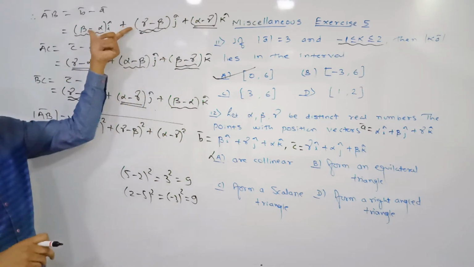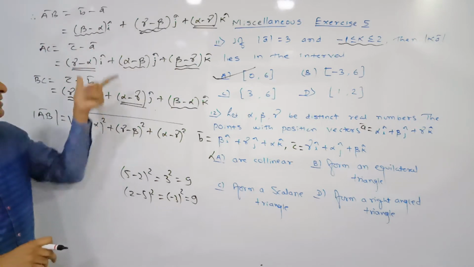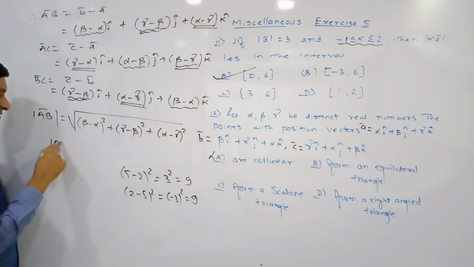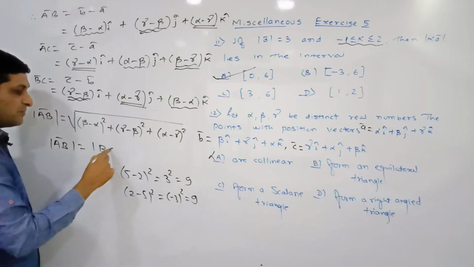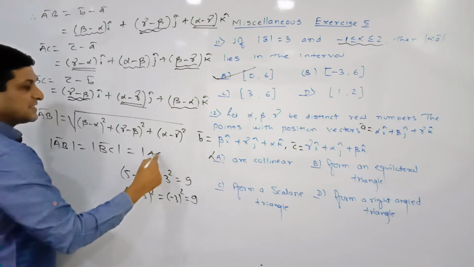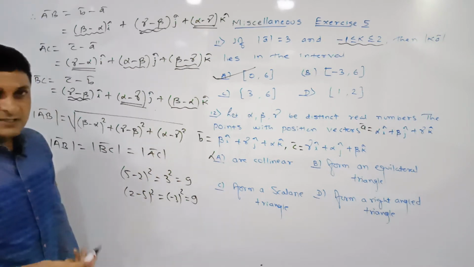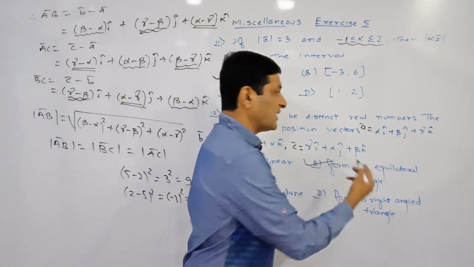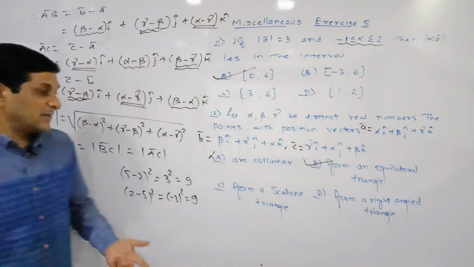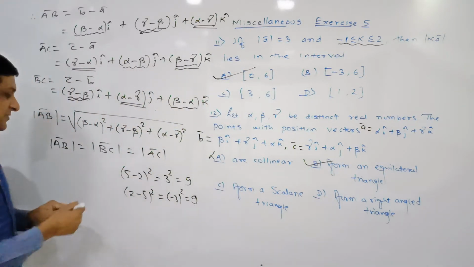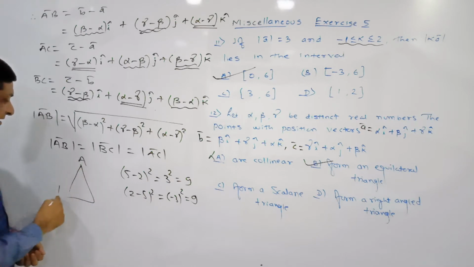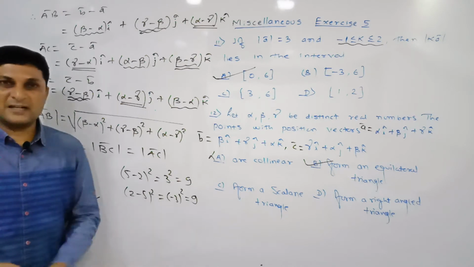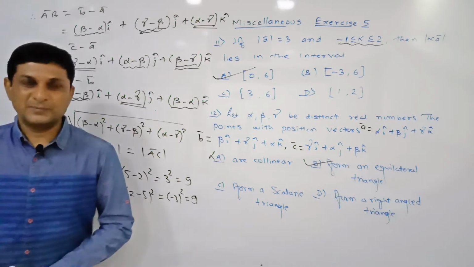The same three numbers appear in the magnitude of AB bar, AC bar and BC bar. What is our conclusion here? The magnitude of AB bar is equal to the magnitude of BC bar is equal to the magnitude of AC bar. Since the magnitudes of these three vectors are equal, meaning the lengths are equal, we can say that these 3 points form an equilateral triangle. Because the lengths of AB, BC and AC are equal, these 3 points A, B, C form a triangle, and since all three sides are equal, the triangle is an equilateral triangle.